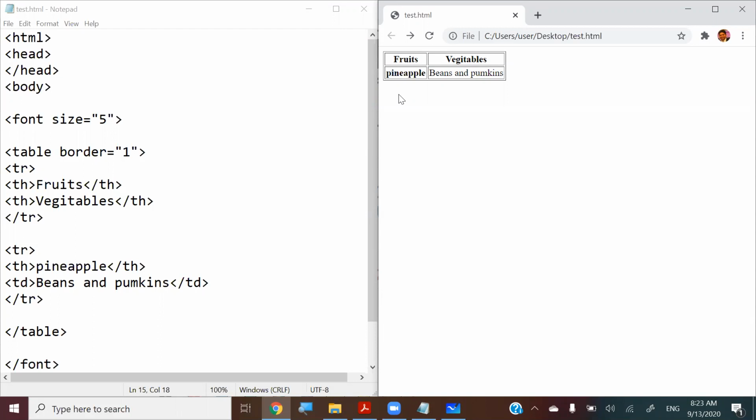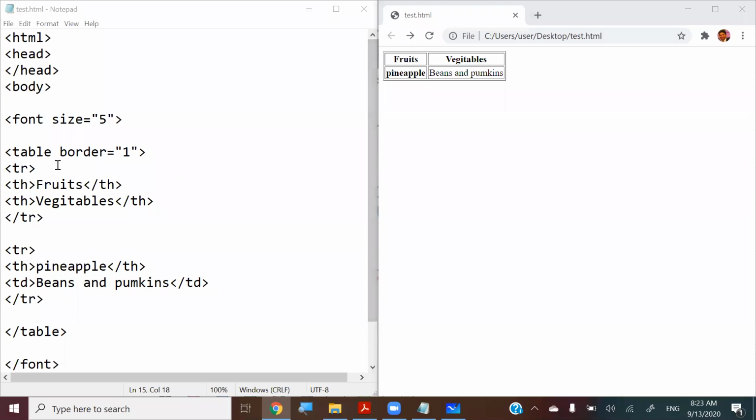Okay, people, is this clear? Right, great. So you know how to deal with the TH and the TDs and the TRs in your table,